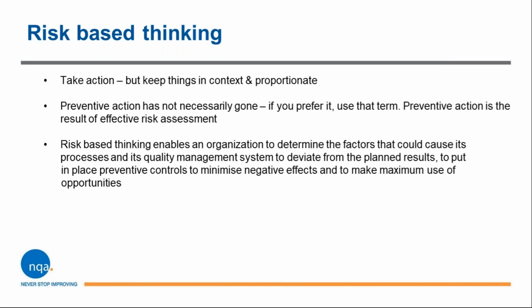Now, as we've already said, they can be anything from achieving your objectives to compliance through to production efficiency or whatever it may be, keeping people safe and happy and well. They're the planned results, preventing pollution. There are any number of things you could think about as what you're trying to achieve and what is planned as part of your management system. And you really need to take that step back and say, okay, what can trip us up here?